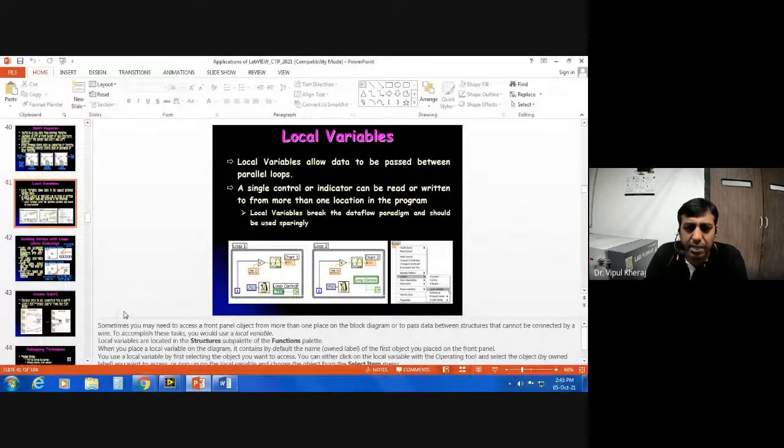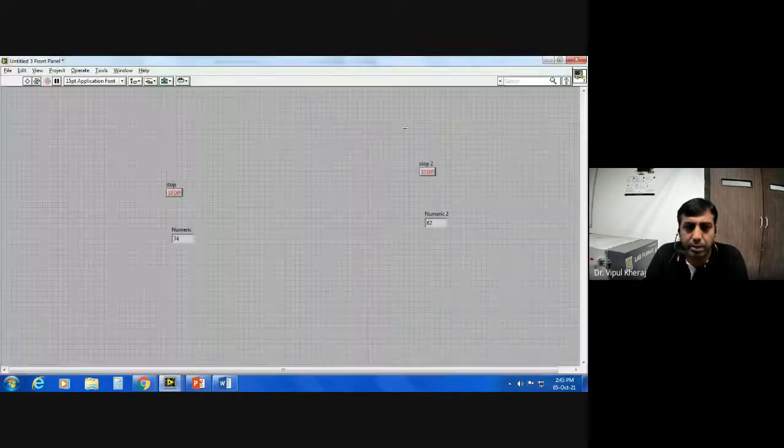Similarly, there are instances when you want one control to be feeding the data as input to multiple places, and that's where you use a local variable. Making a local variable is very easy. I'll show you in the program how you make it. For example,